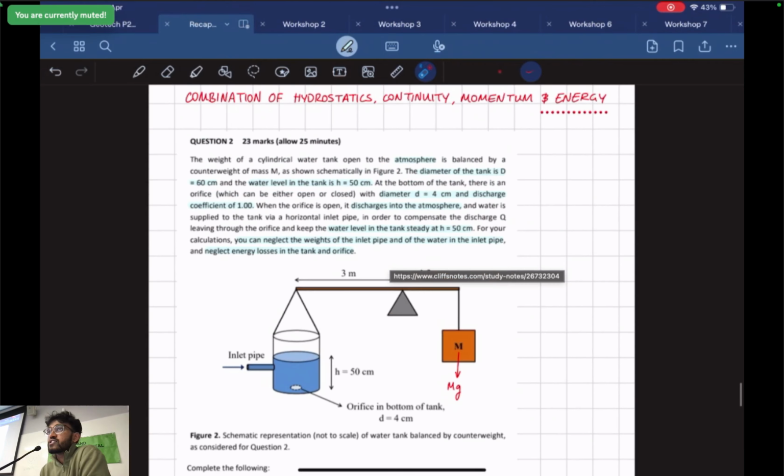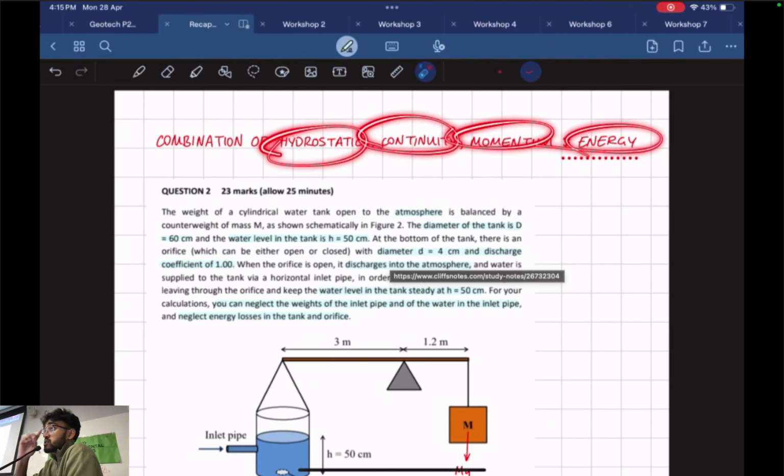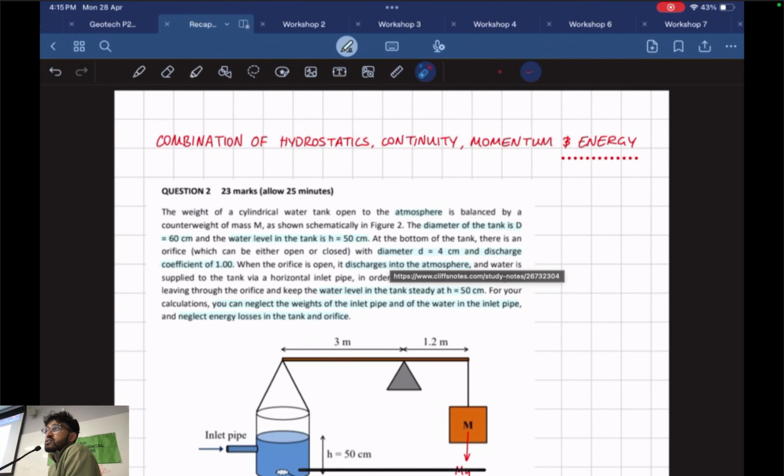Yeah, if you need to leave, you can leave. I'll go through this question. Okay? This is a really, really good question. So this combines hydrostatics, continuity, momentum, and energy. Alright, no worries. You guys can leave if you want. If not, if you want to stay, if you want to do good, then